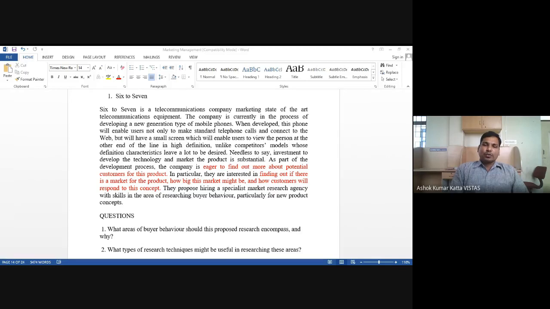So the person who is using another company's mobile, like Samsung, Redmi or MI, give him your new company mobile. Ask him to use it for 2-3 days. After completion of the 2-3 days, just collect the feedback from the employee. Are you happy with your mobile or this new mobile? So you are happy with the new mobile. Then what features have made you so happy? So conduct a scientific experiment.